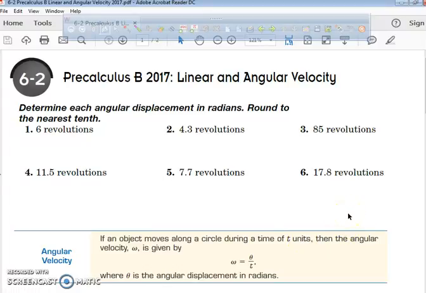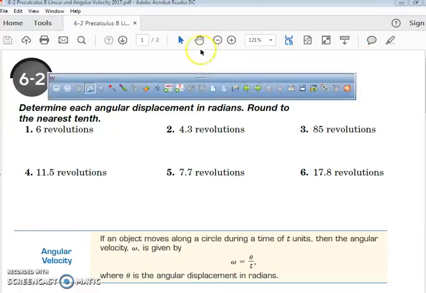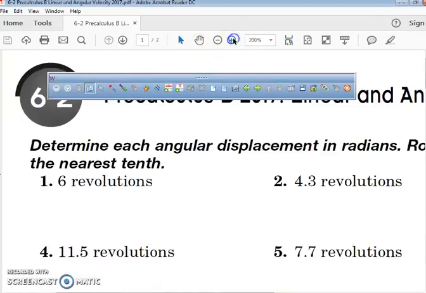Going to be talking about today, this video will probably go pretty quick. It's not very complicated. We're talking about linear and angular velocity. Basically on 1 through 6, all it's asking you to talk about is angular displacement, like how far is something moving in radians. So right now we'll look at problem number 1, which says